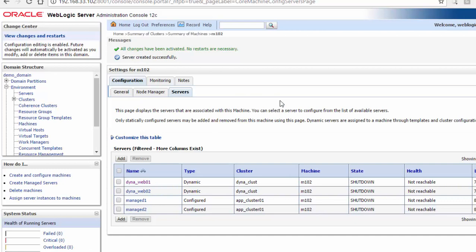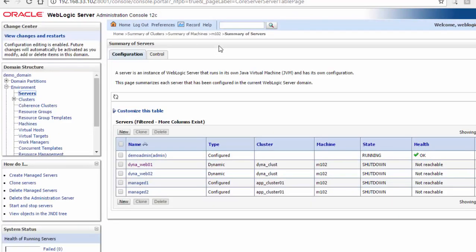So that's done. You can see all the dynamic managed servers are automatically added to this machine, and for the managed servers we created manually, we have to select the machine for that server. Alright, we are done with that, and we can go ahead and control these servers.